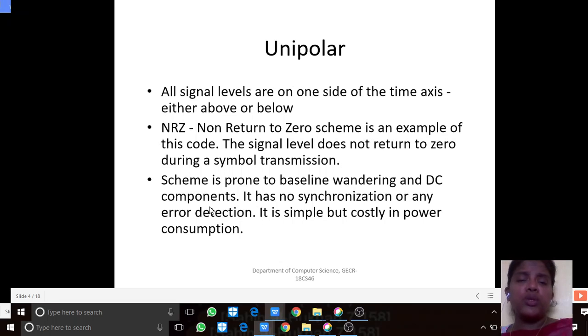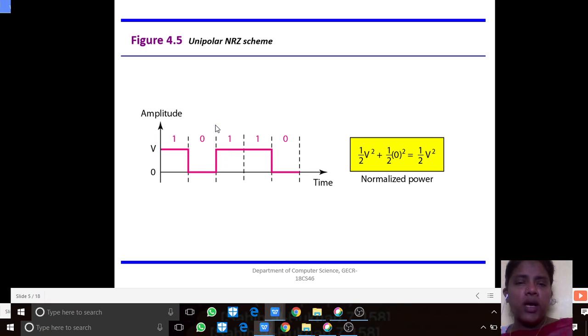So whenever you are choosing a line coding scheme, you should keep in mind the characteristics discussed, and it should support them. Baseline wandering is not required. DC component is not required. It should have synchronization, and the lack of these is not desirable. Unipolar NRZ, as I told you,